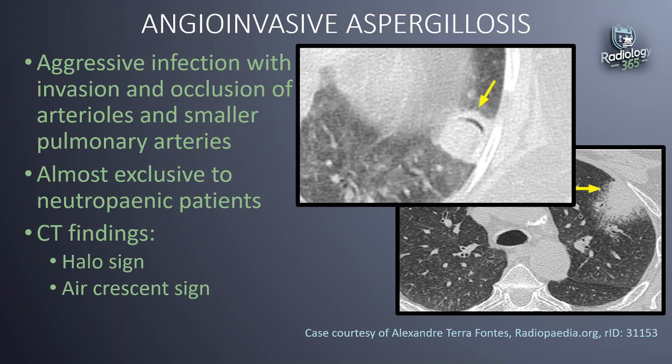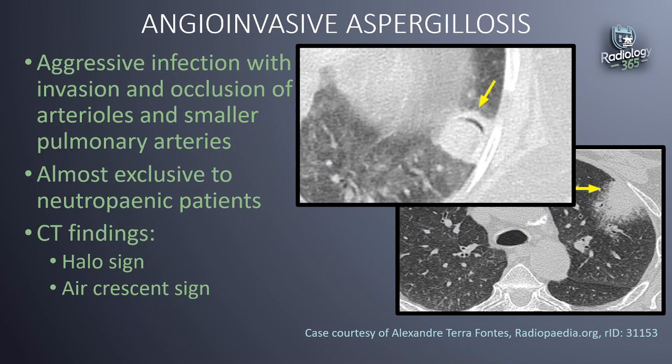Now, this occurs when the patient's neutrophil count starts going up. We mentioned that this condition occurs when the patient is neutropenic, but when the patient's neutrophil count starts going up and the person is getting better, the infarcted lung retracts and creates this crescent of air, and that's called the air crescent sign. And it's actually a good prognostic sign, as it indicates that the patient is in a recovery